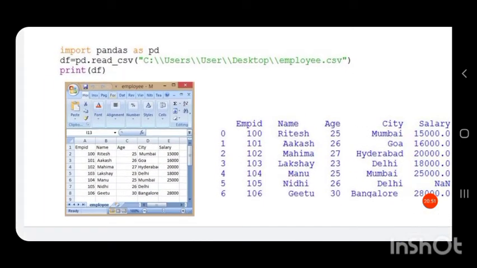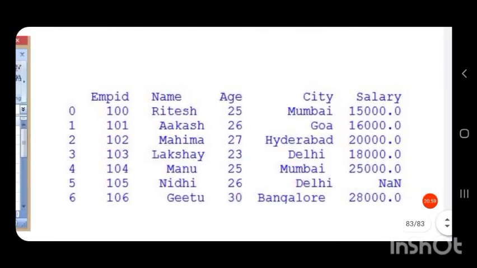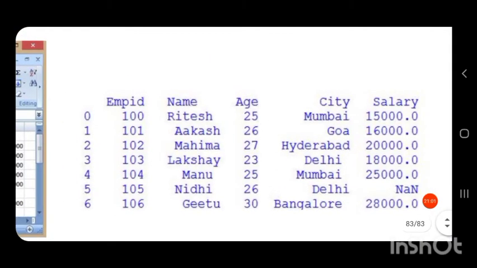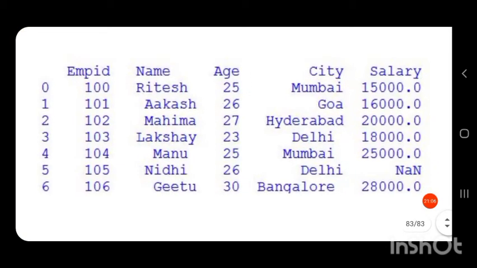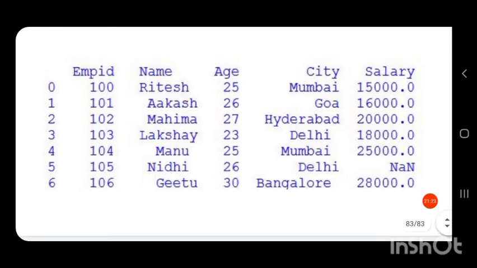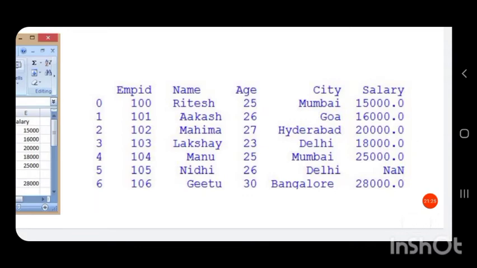Then print(df) will print the data frame like this. So you can see there are 5 columns: employee ID, name, age, city and salary. And for employee ID 105 you can see the salary is NaN for this row.